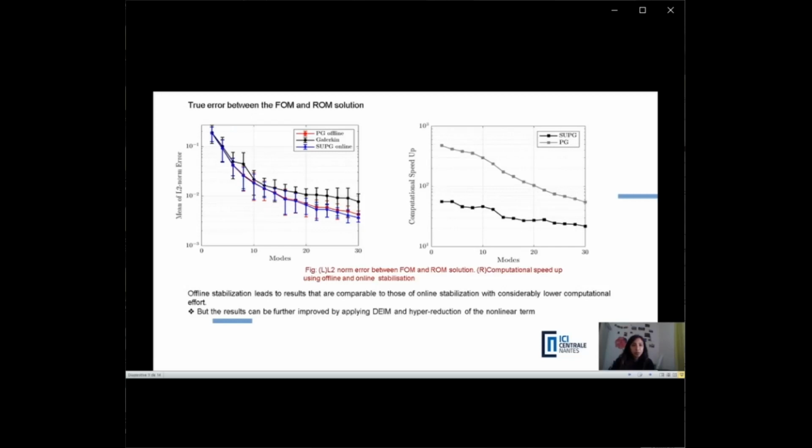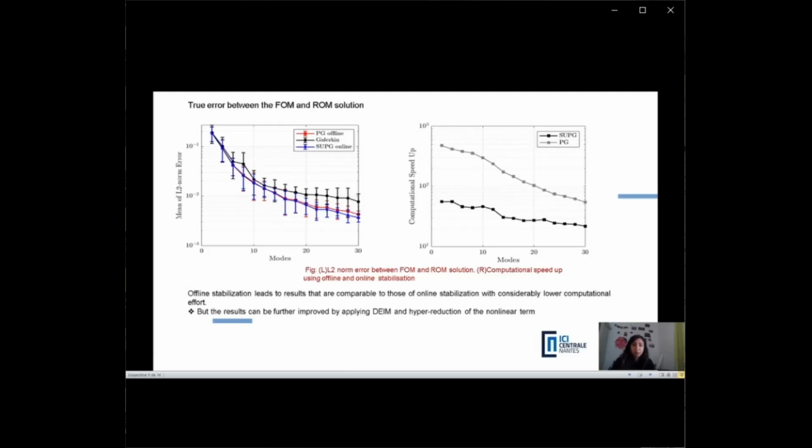We have some very good results using SUPG online stabilization, which is the same as the full order model stabilization, and using Petrov-Galerkin offline, we have the same order of accuracy and convergence. And with no stabilization, that is just Galerkin in the online stage, we have the same order of accuracy at least up to 20 modes. With Petrov-Galerkin offline, we have a speedup of 10 times,